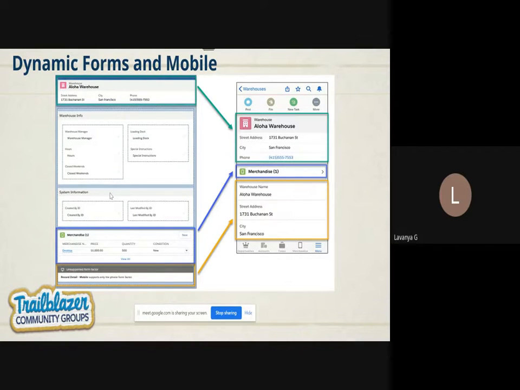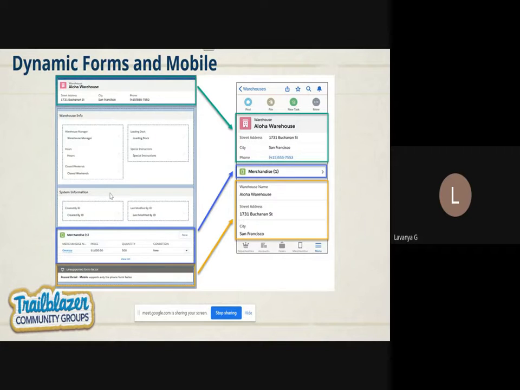When you are trying to edit the existing Lightning pages, you can see unsupported form factor if you are already using the record detail mobile component. But that is actually not true. Dynamic forms are already covering mobile users as well. That is the reason I'm showing this screenshot. Even though it is showing unsupported form factor, you can see the details, the data, on your mobile.